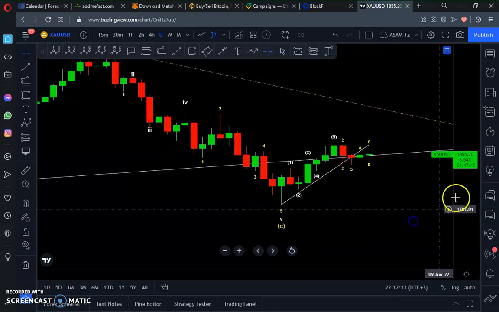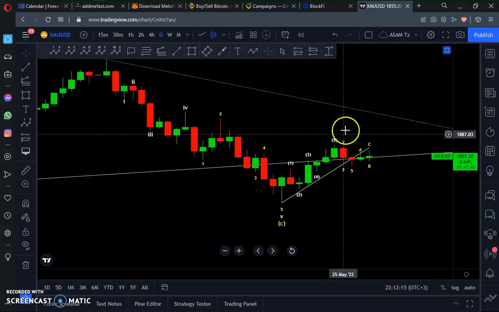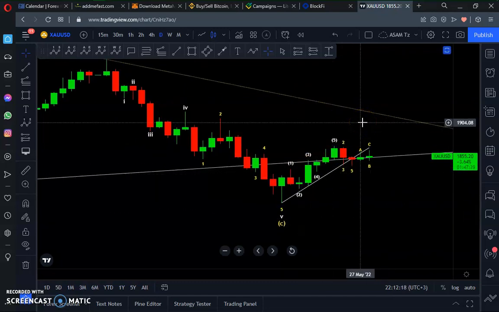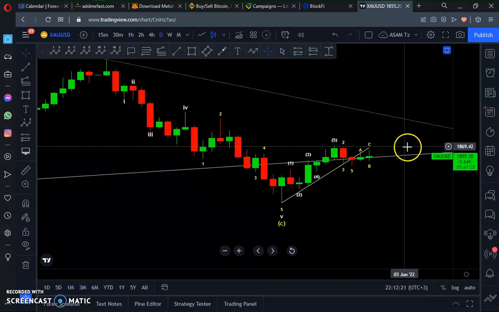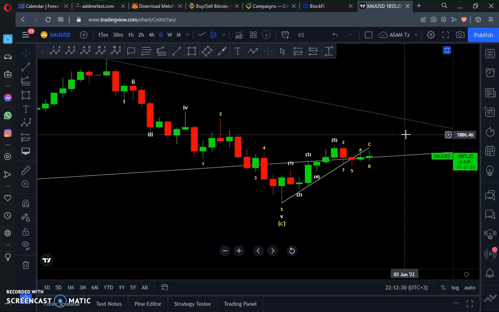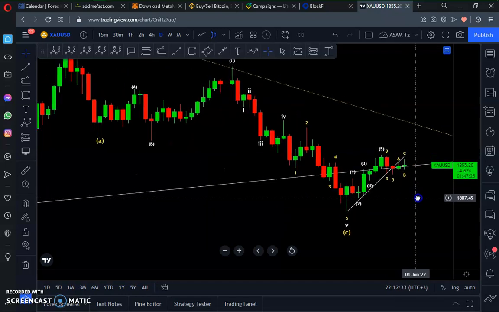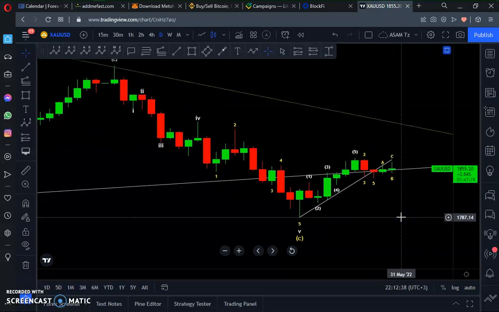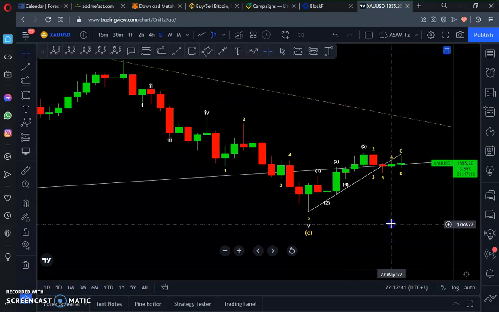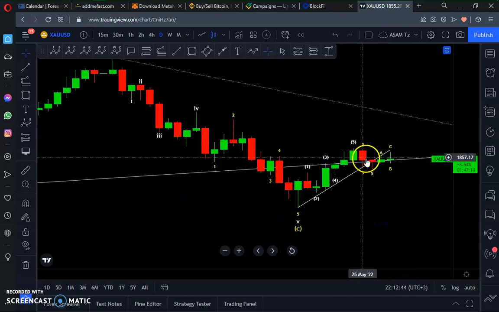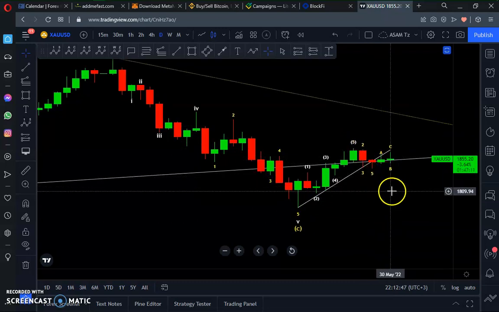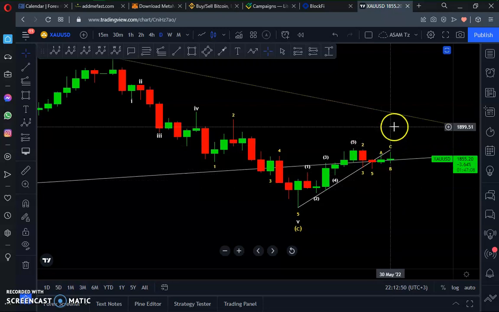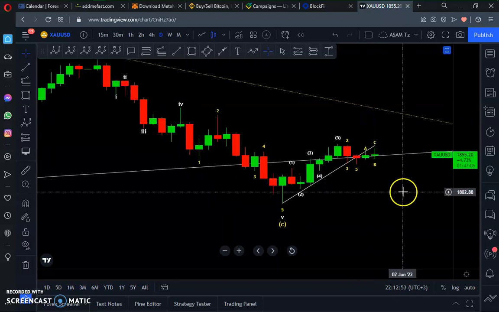From my previous analysis, I was expecting that price in gold may rise to about 19 something, but the price has not reached 19 something. It reached 1860, and now it has turned around 1869. It has not moved too far because I was expecting an extension in the third wave, but the third wave didn't extend. So I have switched my count from that previous observation, whereby this top was the third wave and this move to the downside I was expecting to be the fourth, so I was looking for the 5th wave to the upside before price corrected to the downside.